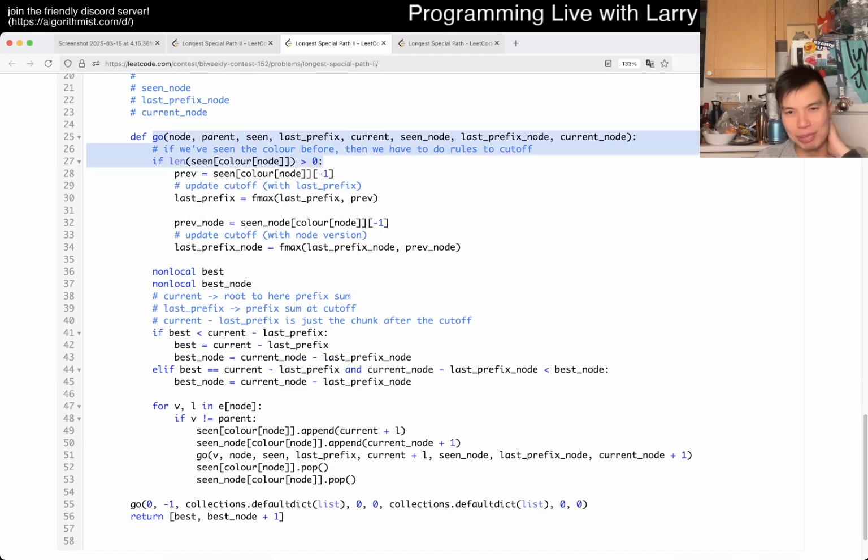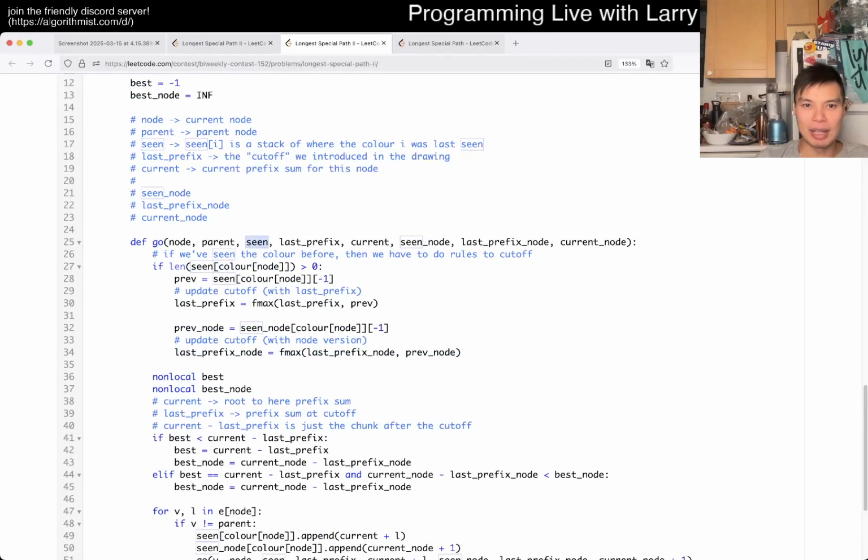So I have all this. Yeah, I mean, these parts are for the number of nodes. So it looks a little bit wonky because maybe I could put them in the same thing, like a class or something. But basically, if you just ignore this part, because that's just the number of nodes, which is the tiebreaker. But the idea is the same with or without it. Is that you have seen, right? And seen will